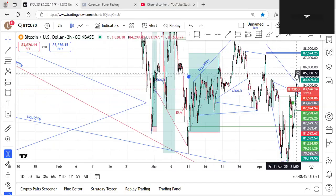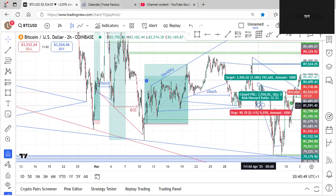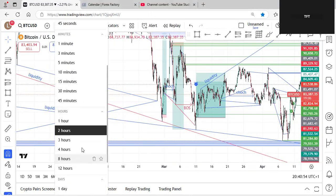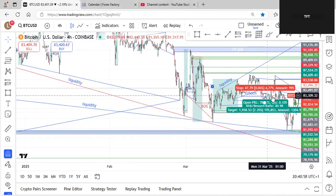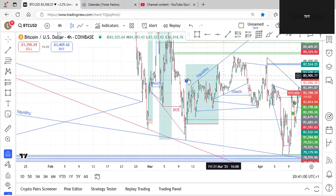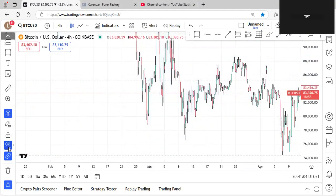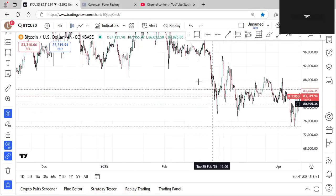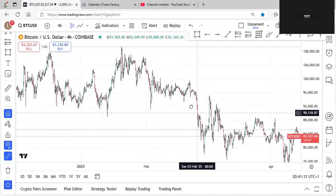Right. So obviously I'll cover a bit of structure on this anyway, because it's quite nice to actually view, just because I had a couple of messages about structure in the week as well. So from a structure perspective, we